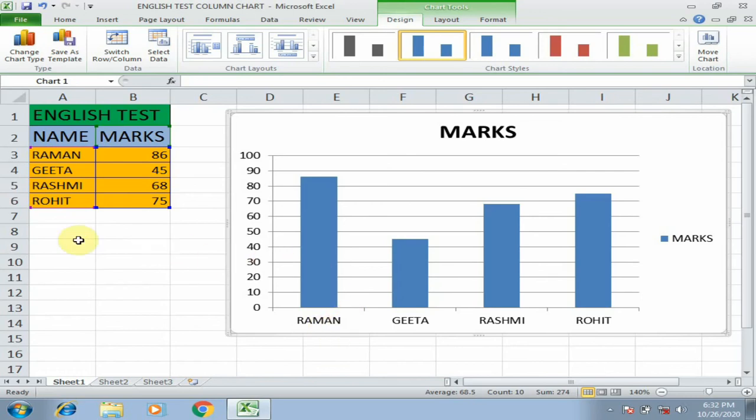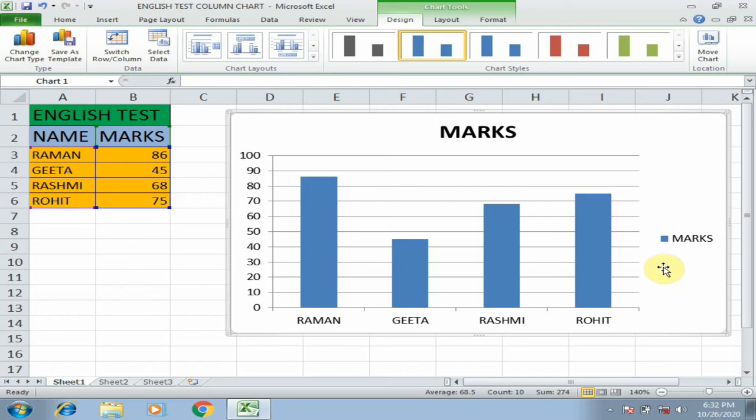You can see this is the original data and this is the source of this chart, and you can see all the names have been given. These names are given on the horizontal axis, or x-axis, and marks have been given on the vertical axis, or y-axis.